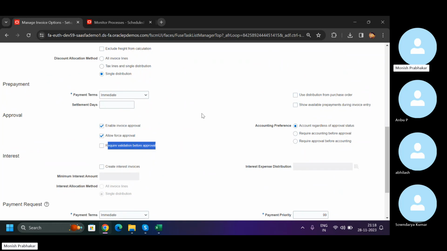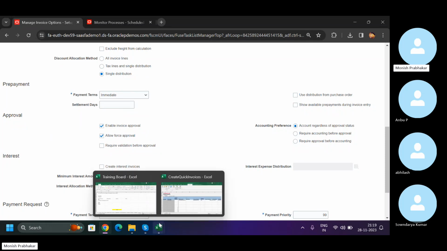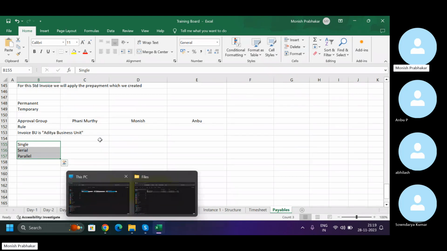If you want to validate, then initiate the approval, or after approval you will validate. Require validation before approval: if you enable this, once the validation is done, then only we will be able to enable the approval. Force approval means, instead of you wanting to do the approval without validation, for example, if you enable this invoice, obviously when we create